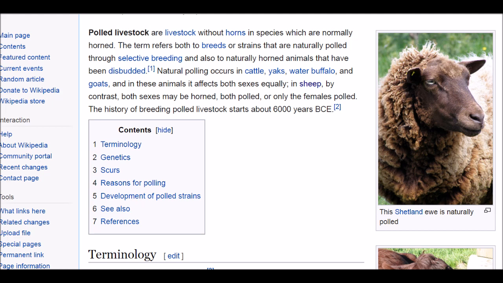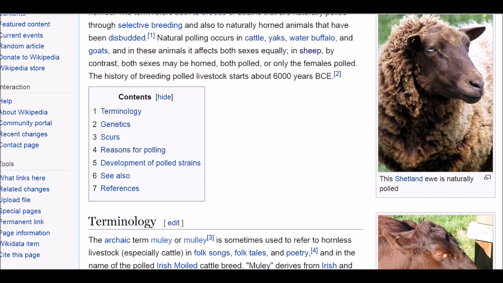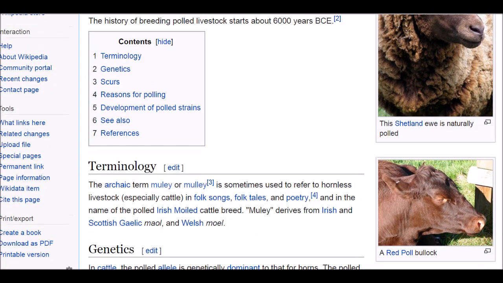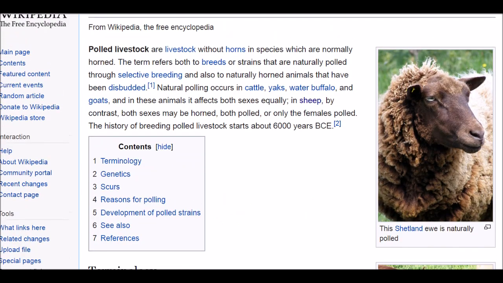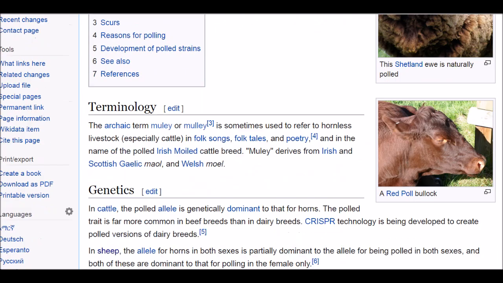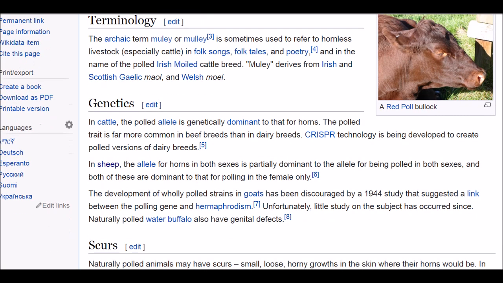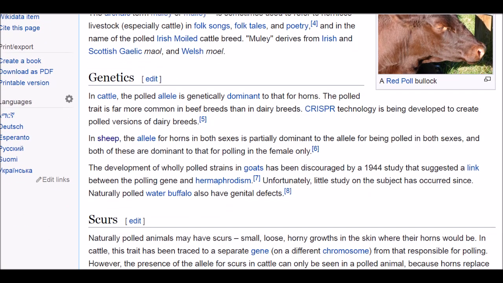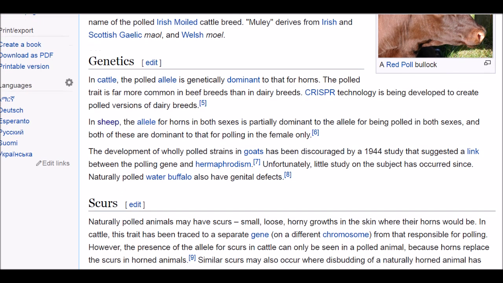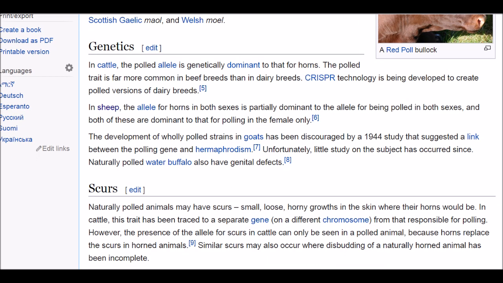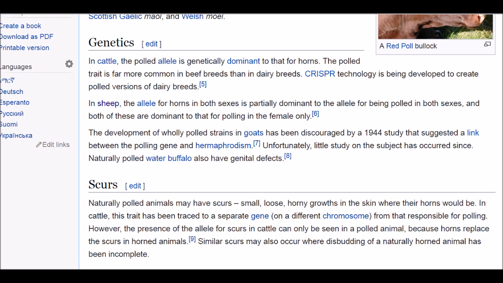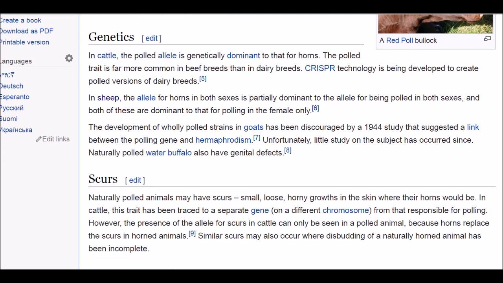In other words, a sheep has the option of not having natural dehorning occur, whereas with a goat it occurs equally in both sexes. Now this is where things get interesting, and you're not going to learn any of this in a church or from a pastor or from a doctrine, because they don't want you to know the deeper meanings and deeper secrets of God, because they want to be the middleman.